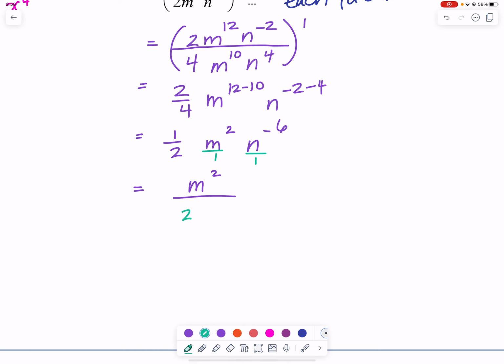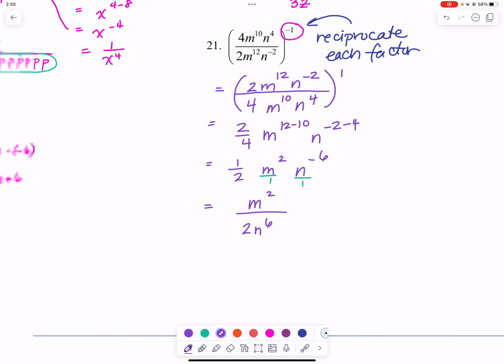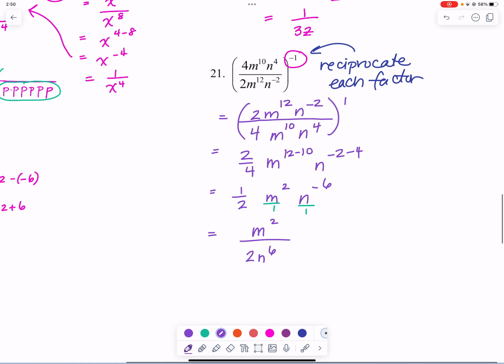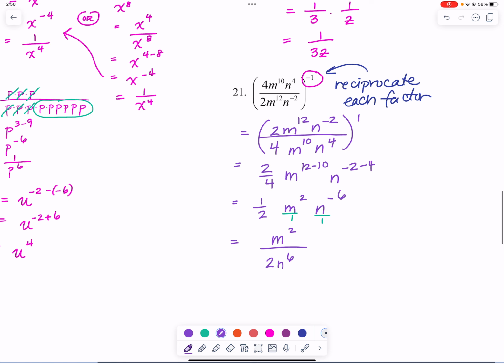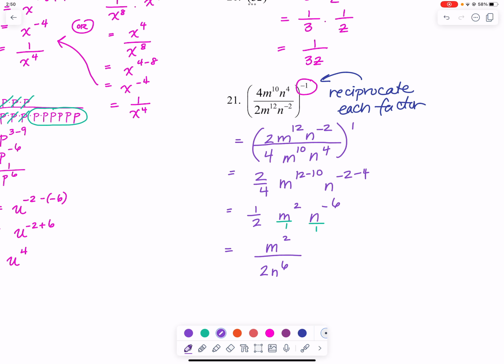And then the 2n to the 6th is now in the denominator. So just taking a little bit of time, there's several ways to work each one of these, ways to simplify the expressions. And that concludes this